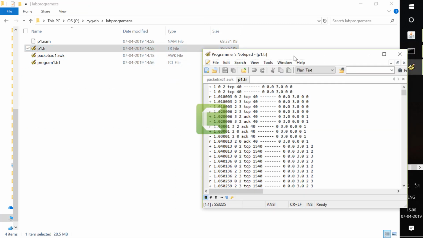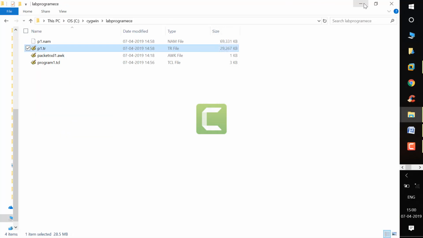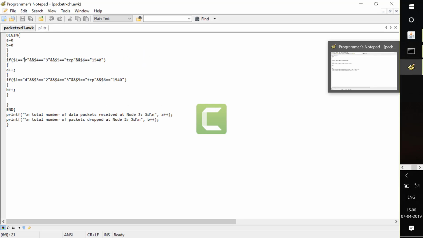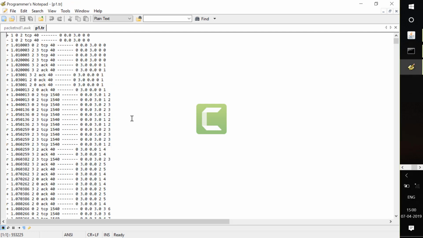Whenever you want to write an AWK script, you need to go through this .tr file first, and let's see how many packets the destination has received. In order to know that, you first need to understand this tr file. In the tr file, the first column is what we call the event column. What is this plus?